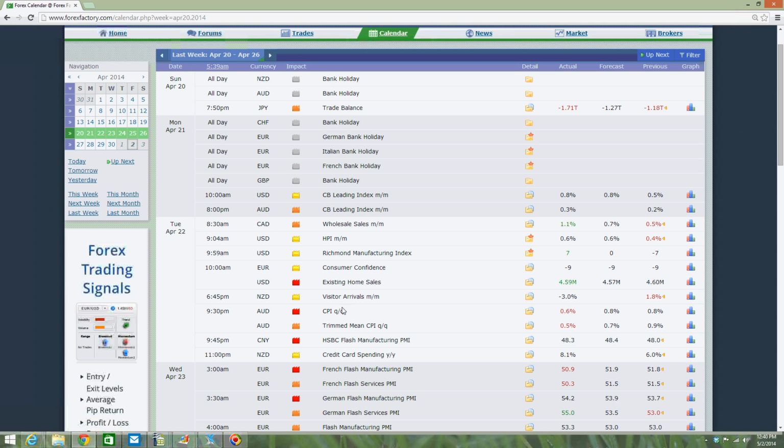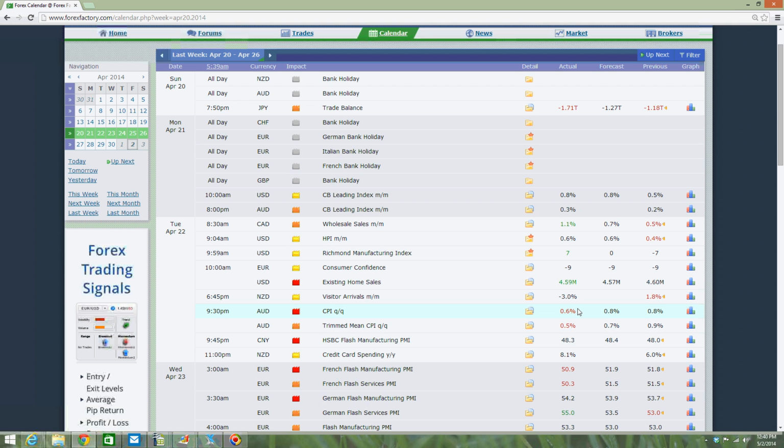So this inflation is calculated based on a 3 months period, and it is in Australia, so this is the currency that is affected. It is in red, of course. It is tremendously important. Let's see what we had here. We had the previous data, 0.8%. Remember, the mandate of a central bank is for inflation to be below or close to 2%. Now the previous was 0.8, the forecast was 0.8, but the actual inflation in the Australian economy was